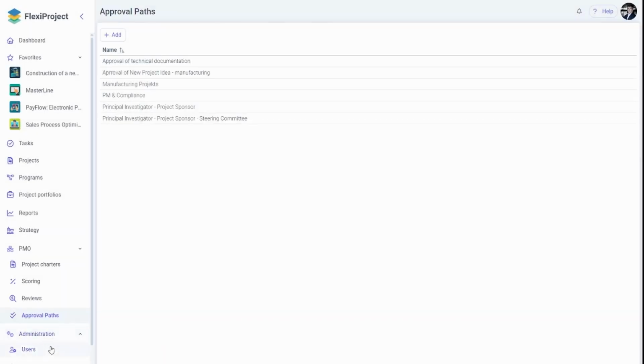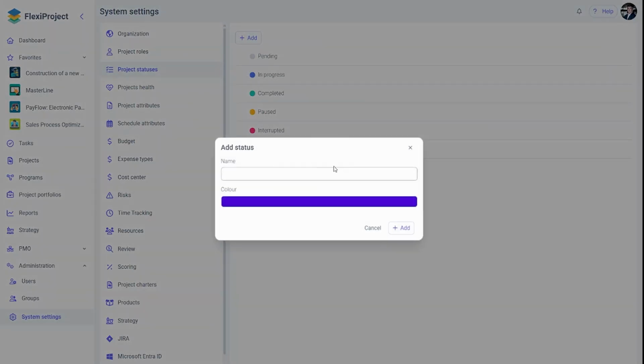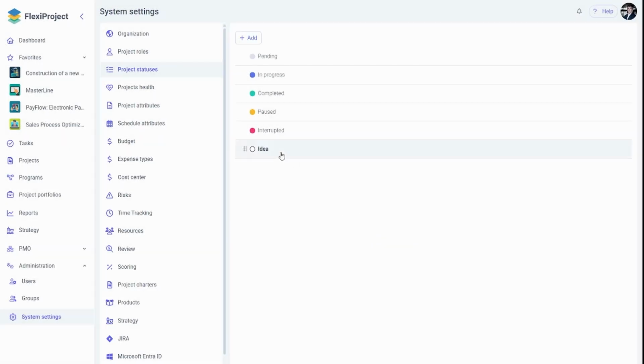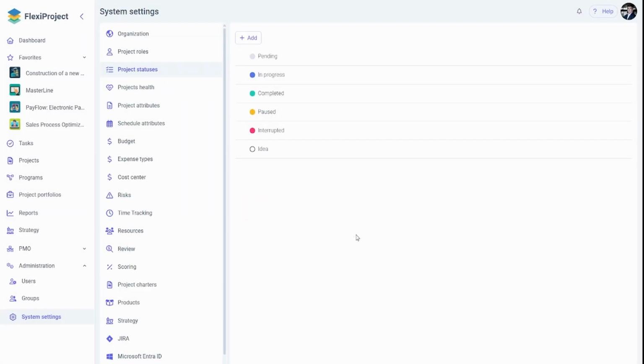Returning to our system settings, I move to the project status. Here we will have a list according to which we will categorize the stage of a given project. We are able to configure this list. To modify project statuses, we can add new elements or remove existing ones, allowing you to customize the list to fit your organization's project management process. We can also rearrange the order of these statuses. It's important to remember that the first status in the list will always be set as the default for new